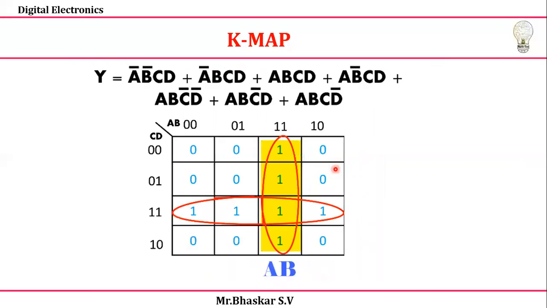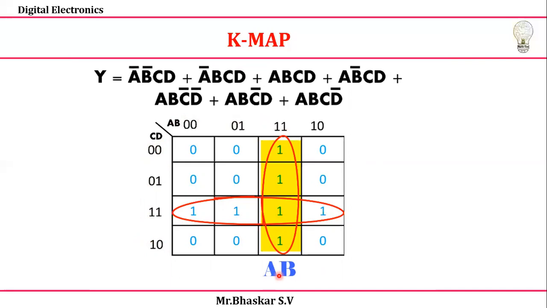Let's check it out. Here I'm going to take this part. While grouping and reducing, after grouping, how to represent it? We can see that all four variables are changing. There is no common thing, everything is changing. This one also changes, 0 0 to 0 1, 0 1 to 1 1, 1 1 to 1 0. There is no common term here. That's why we're going to neglect this part. We're going to take only the column part because it is covering everything. So here the variable I can take directly as 1 1. 1 1 is nothing but AB. That's why directly I can take it as AB here.